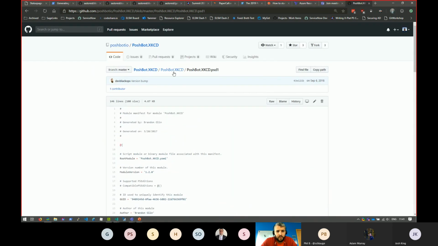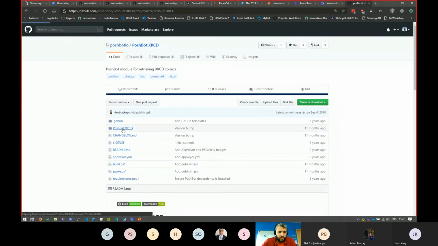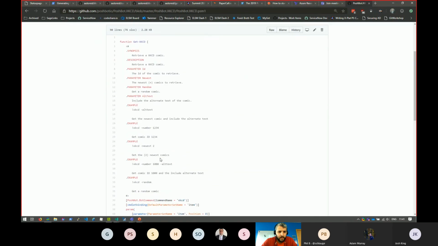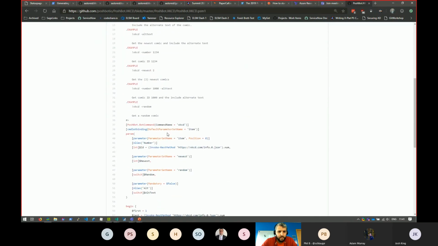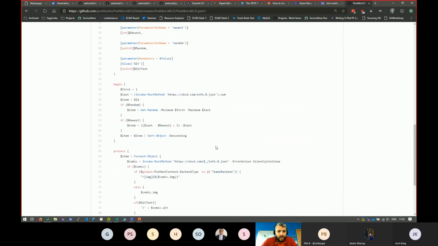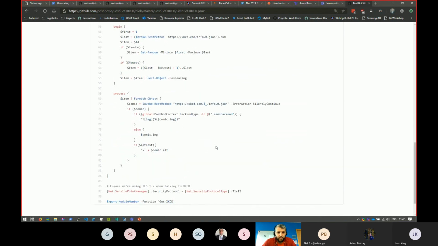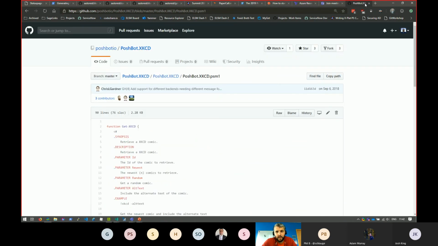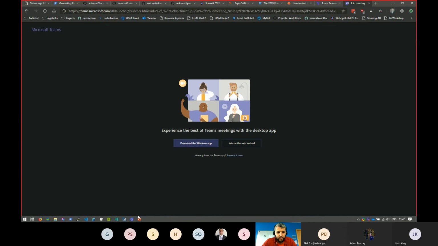Oh no, it doesn't have any permissions on there. So within the commands.psm1, Get-XKCD, there's this extra metadata that you add to your commands here, with the command name xkcd. There's no permissions on this module because it's just a basic one which gets an xkcd comic for you. Should we try installing it again?